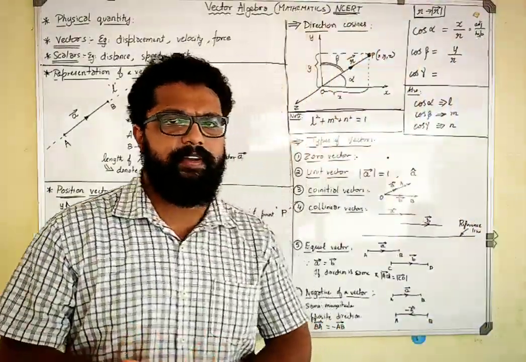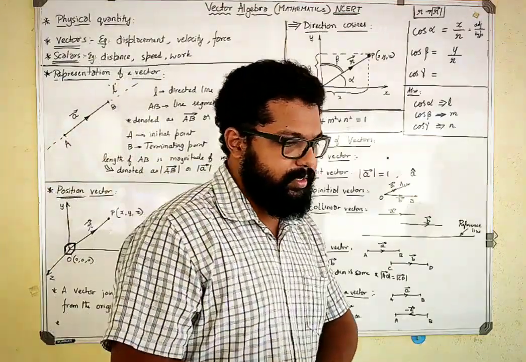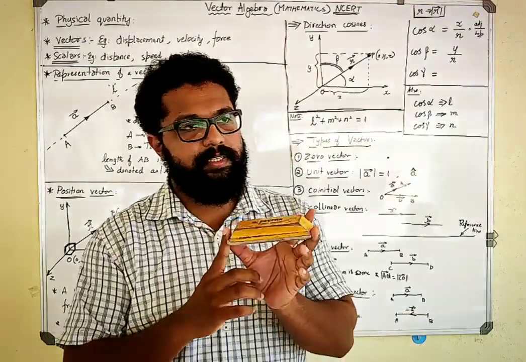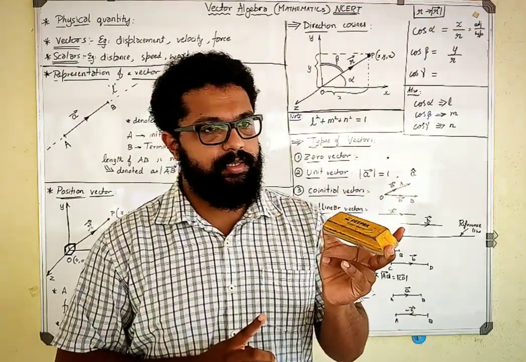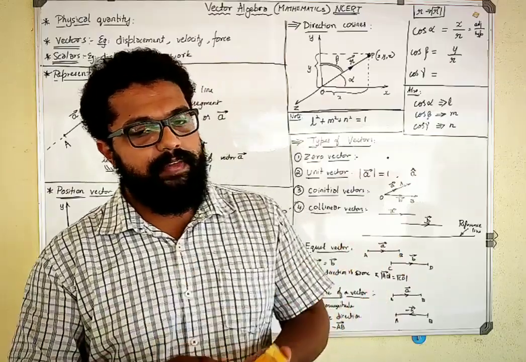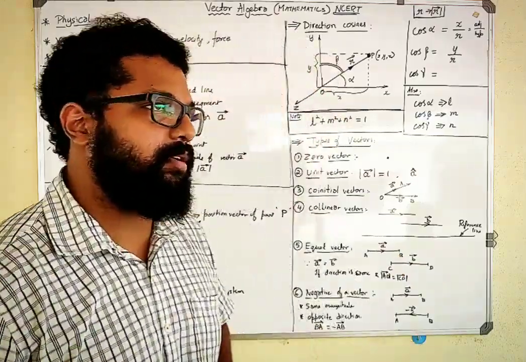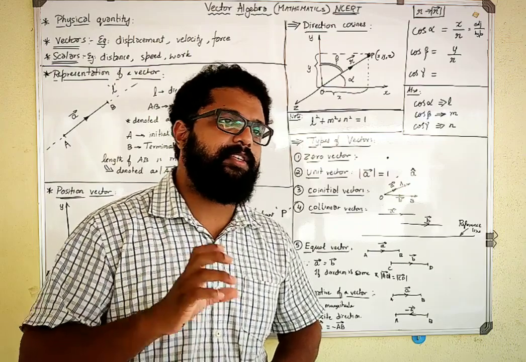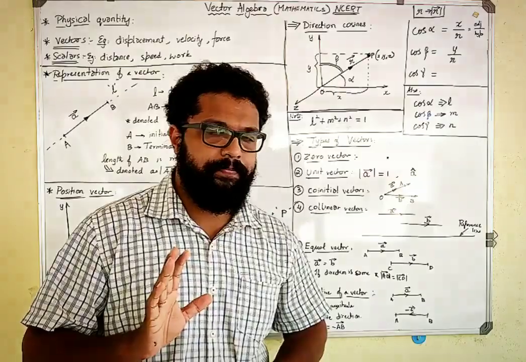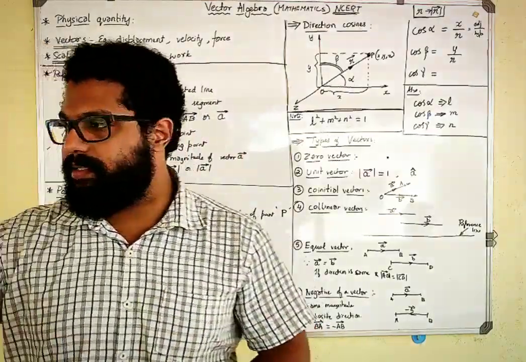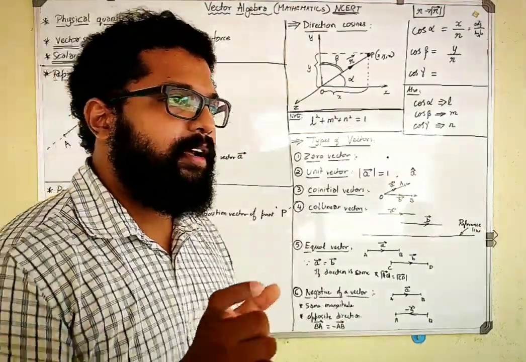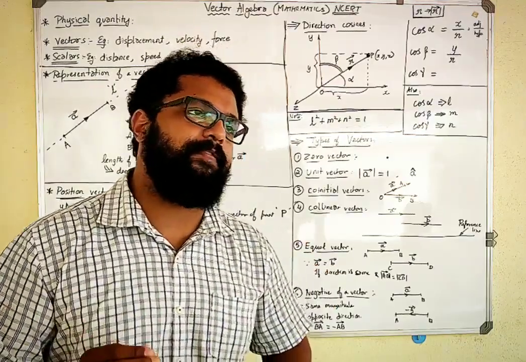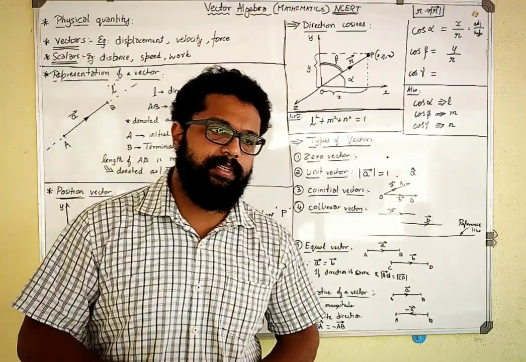For example, if I can measure something, like the length of this tester, I can measure this, correct? So whatever is a measurable quantity is a physical quantity. If I cannot measure a particular thing, then such a thing is not a physical quantity. For example, your feelings and emotions, we cannot measure them. Such a thing which we cannot measure cannot be called a physical quantity.